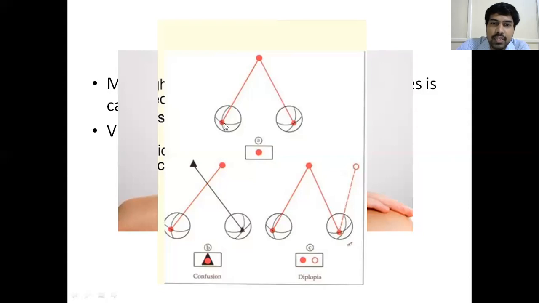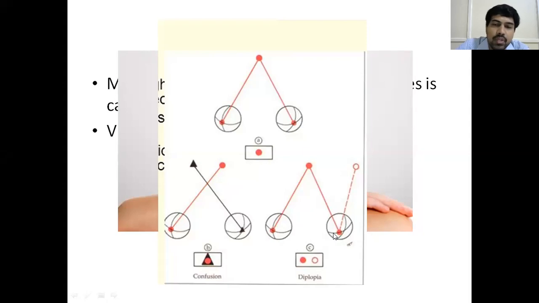Normally, when both eyes are looking straight, in this upper diagram, if you see, the image of this object is falling exactly at the center. That is on the fovea of both eyes, and the brain is interpreting it clearly. But in case of squint, when there is a misalignment, this right eye is deviated slightly towards the outside. You can see the vertical axis is slightly deviated towards the outside or right side. So when there is a deviation of the eye, the image of this object falls on the fovea of the straight eye, whereas in the deviated eye the image doesn't fall on the fovea. Because the eye has deviated because of squint, instead of falling on the fovea, the image falls on some other part of the retina, that is somewhere beside the fovea.